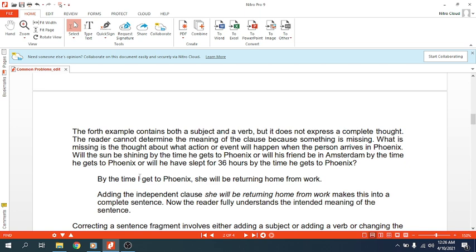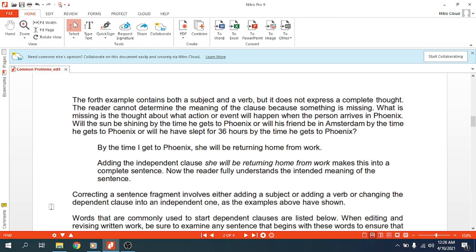Tapi future kan ada banyak ya. Ada simple future, ada future continuous, ada future perfect, ada past future perfect ya gitu ya. Nah, jadi silakan belajar lagi tensesnya. Jadi kalau dia "by the time", tenses future yang mana yang dipakai? Ya, tapi intinya di sini bukan itu ya, tapi closer "by the time". "By the time I get to Phoenix." Okay. Jadi dia menjadi adverb of time sebenarnya, tapi karena dia berbentuk klausa ya udah dia jadi dependent clause.